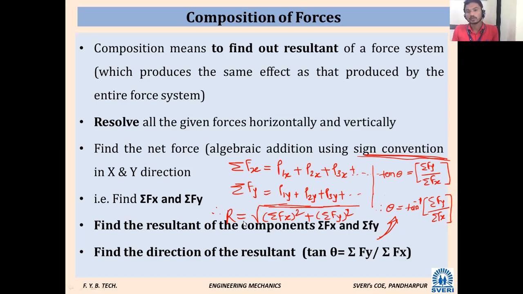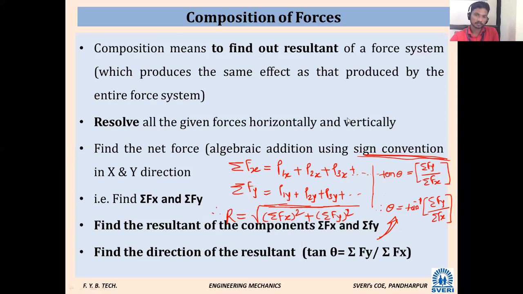And if we want to find theta, the angle made by the resultant with the positive x-axis, how can we find that? Theta gives the angle with the positive x-axis. In further problems we will show that also. If that angle comes negative, how do we have to measure it, clockwise or anti-clockwise with respect to the positive x-axis? If the angle comes positive,